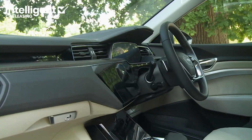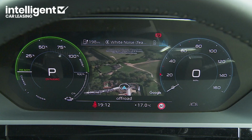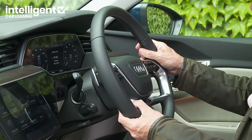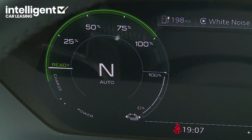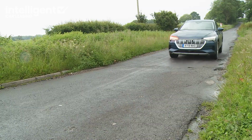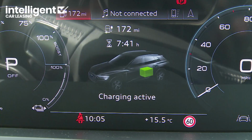The one you'll use most is the virtual cockpit display, which is the 12.3-inch TFT digital monitor you view through this 4-spoke wheel. It's obviously got a few more features for battery-powered motoring, principally this left-hand power meter, which shows either the percentage of battery power you're using, if you're accelerating, or the amount of battery regeneration you're enjoying, if you're off-throttle or braking. For the centre of the display, there are some extra selectable range readouts too, but otherwise